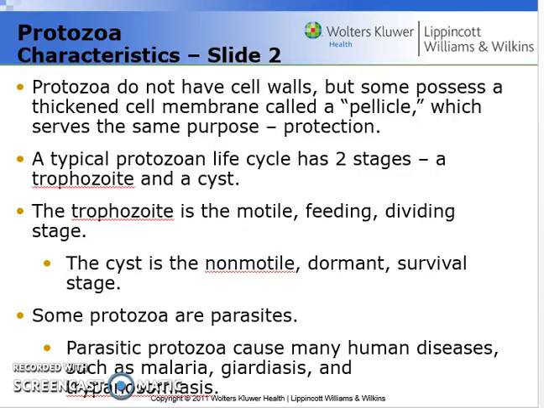Another key attribute of protozoans, which differs from the algae organisms that we talked about, is the fact that they do not have a cell wall. They have a very thick membrane called the pellicle, which algae have, but remember, algae have cell walls and a pellicle. But protozoans do not have a cell wall, but they do have a pellicle, which is the thickened cell membrane. And this just adds structure and support as well as protection for the protozoan cell.